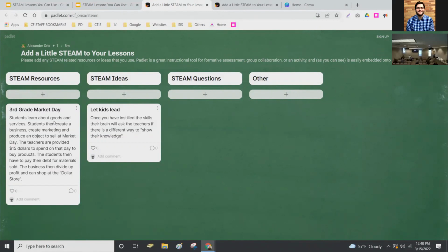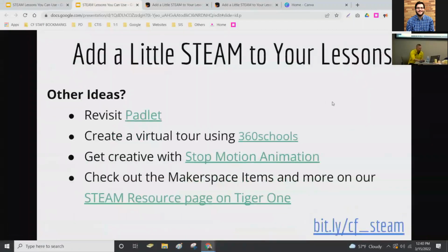And I feel like if you walk up and down the hallways, you probably see STEAM activities and teachers say, no, I've never done a STEAM lesson. Well, it's just the mindset and really the letting the kids lead part. Once they know the skills, they're going to tell their teacher, well, can I show my knowledge this way and not your way? Because they don't want to be writing papers every day, all day. Like, can I do a video? I'm showing the knowledge, you're grading me on the same thing, and some teachers are like, absolutely not.